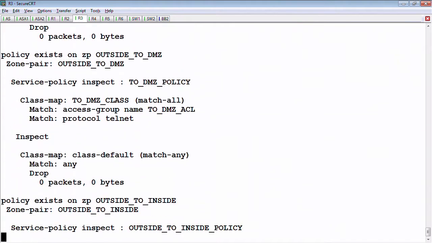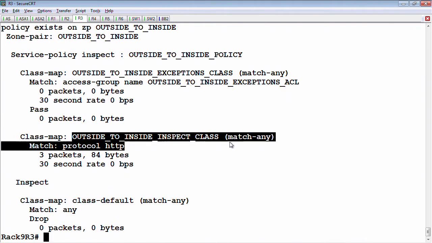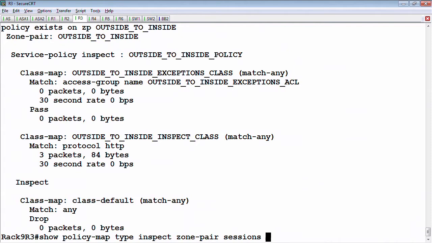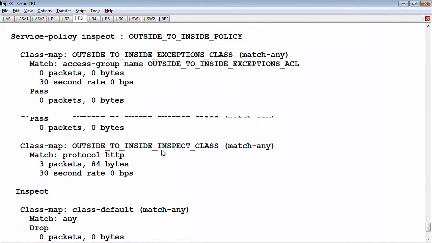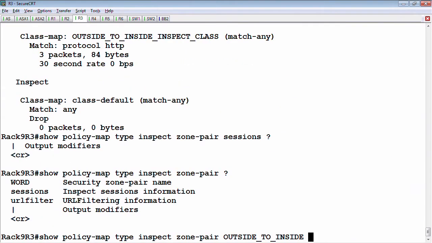We should see from the outside to inside that inside the inspect class we're going to have an active session. Now, we would actually need to look at this right as we're doing the web browsing. So let's say show policy map type inspect zone pair outside to inside sessions